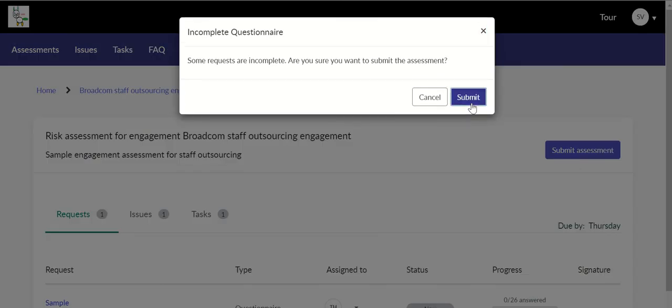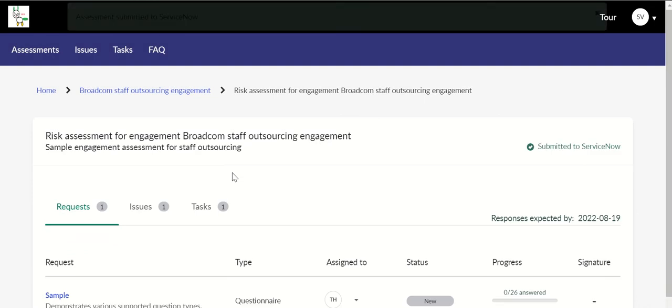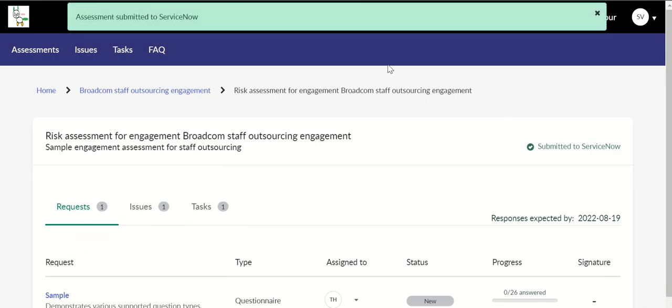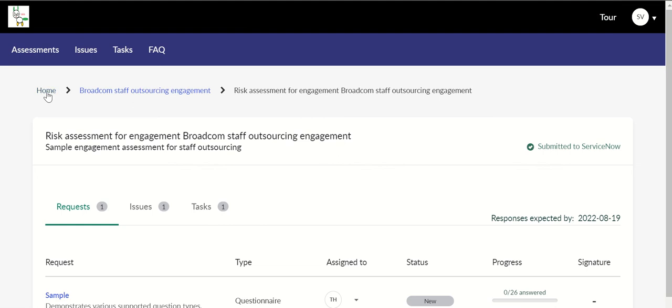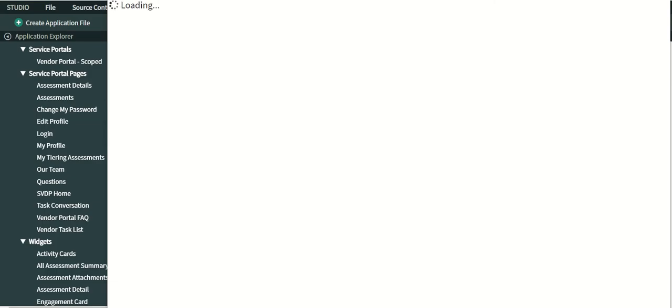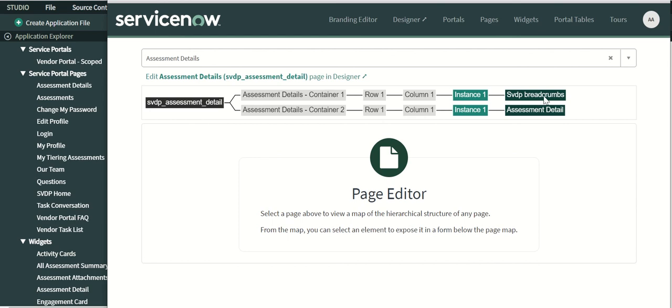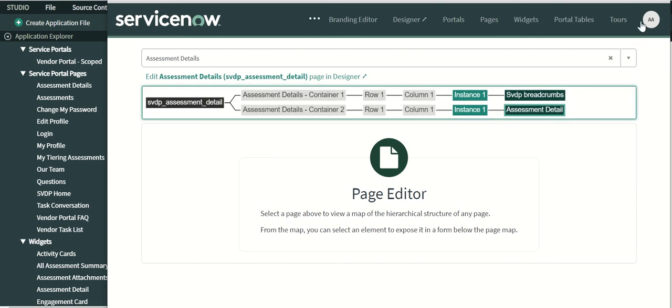Assessment. So when you click on it, it says assessment submitted to ServiceNow. Now, let's look at this page in the designer, right? SVDP underscore assessment underscore detail. So which is this one here. So as you can see, assessment detail, and